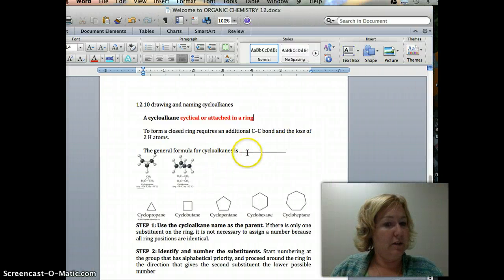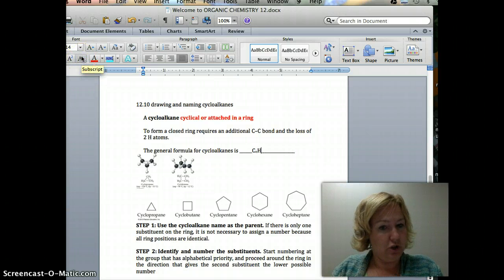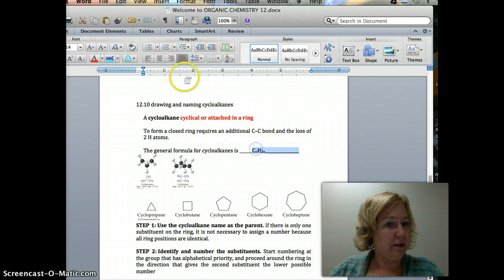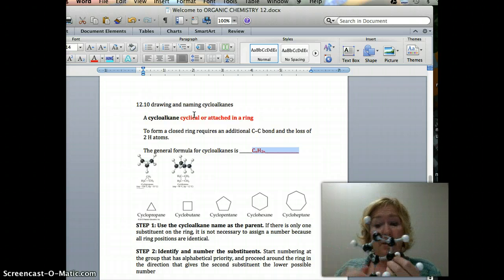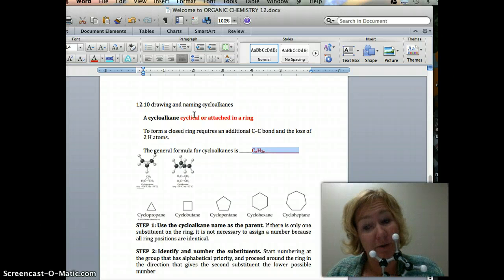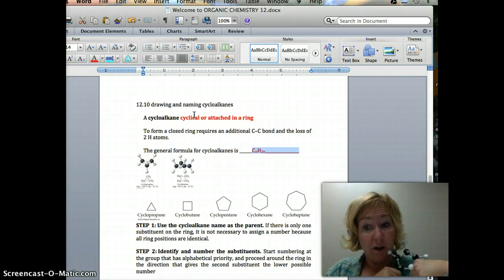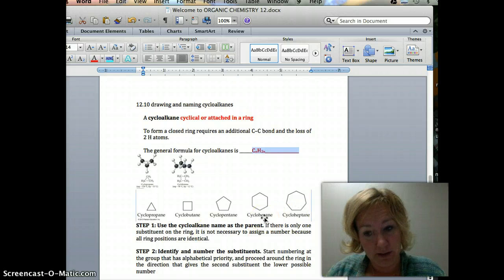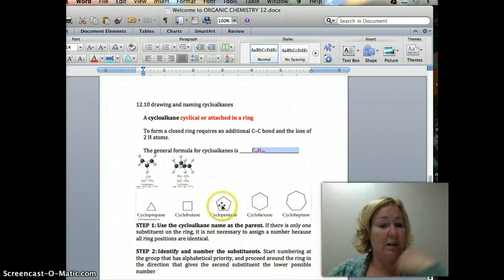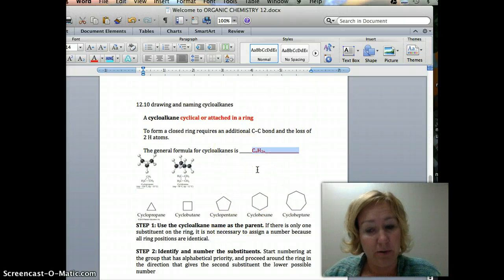Okay. The general form for cycloalkanes is CnH2n. So what you're going to notice about this is it doesn't look like a regular formula. You're going to be like, what is that formula? That's weird. There's not enough hydrogens. Oh, I bet it's a cyclical. That's what you're going to say because you're super smart and you know a lot about chemistry. You're going to say it's missing some hydrogens. It's cyclical. Oh, and then you're going to draw out one of these guys down here. And you also might know that because it's going to say the word cyclohexane. So there's ways to figure that out. One is using this formula and noticing that you don't have the proper number of hydrogens, and that's going to